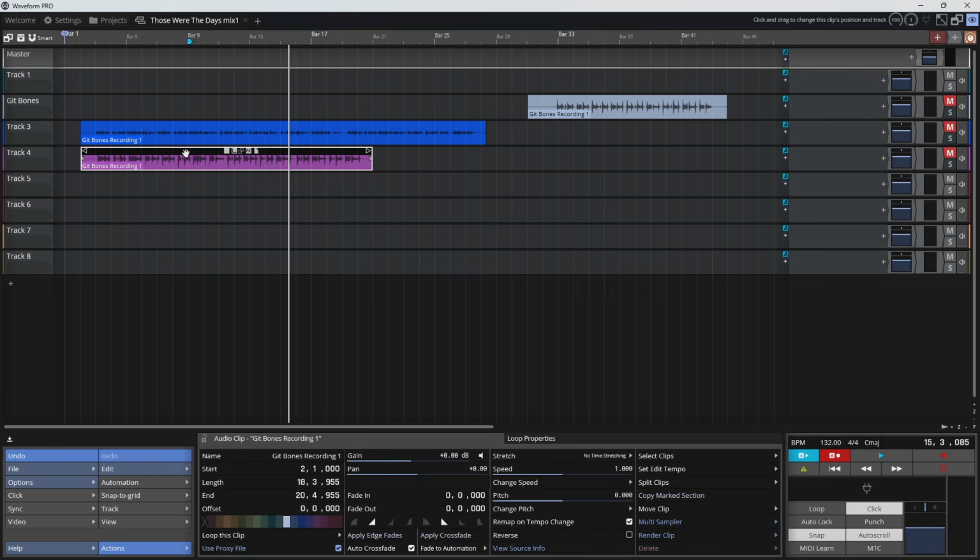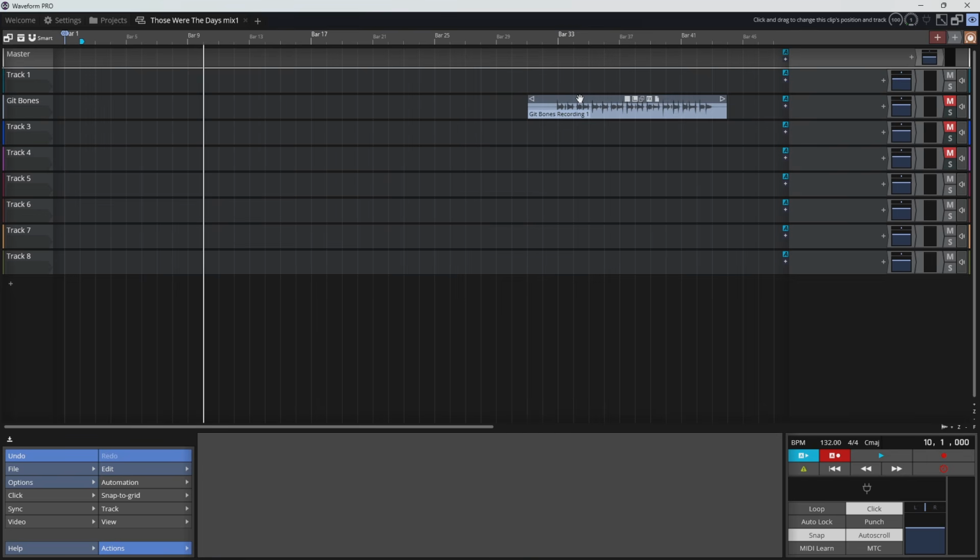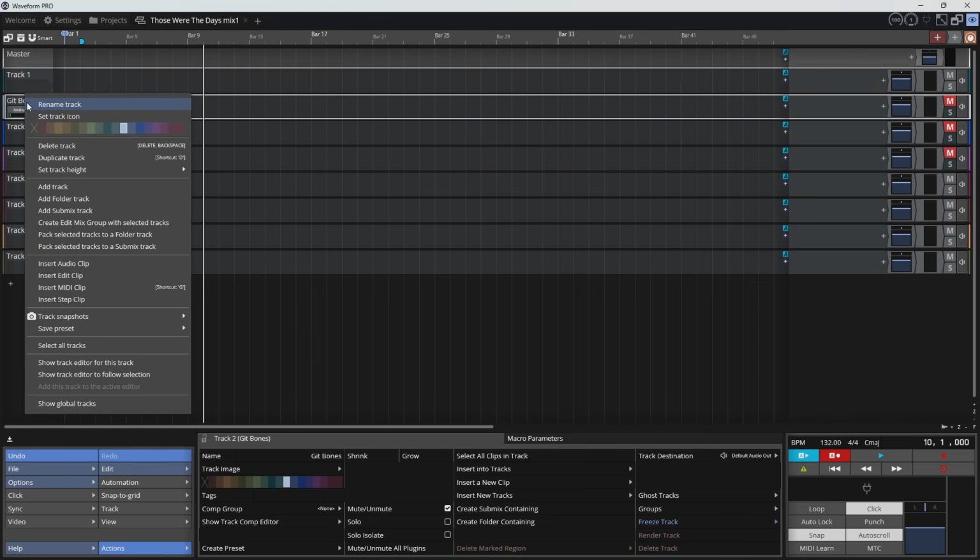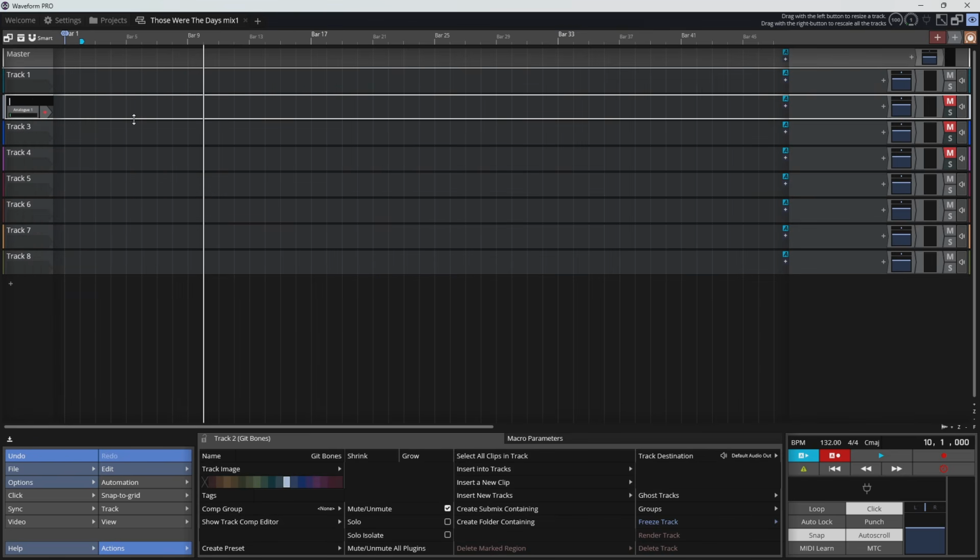I'm going to delete these clips in here. So I'm just going to delete all of those clips. And I'm even going to delete this track that I've named, or I'll just actually delete the name in there. And it'll just be called track 2 now. And we have our blank slate to work with, but we have our BPM and our